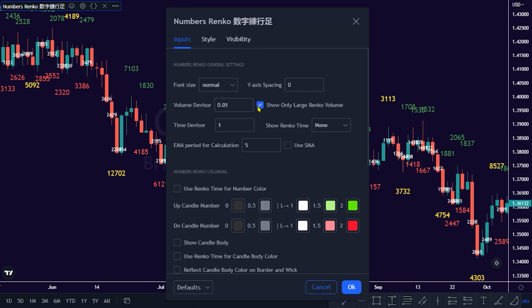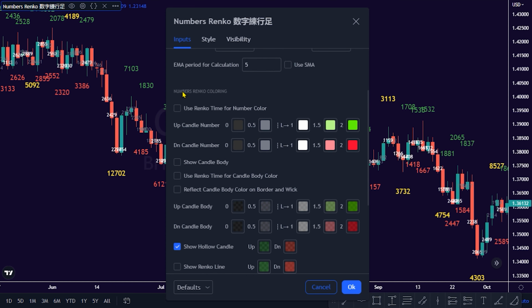Show only large Renko volume. Show Renko time. Time divisor. EMA period for calculation. The y-axis spacing. Under the numbers Renko coloring,